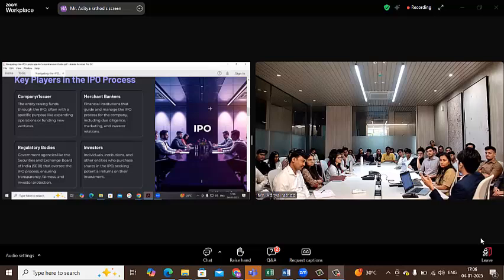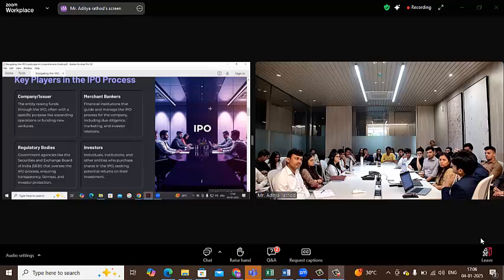The company's counsel will give disclosures or clarification on all the disclosures relating to the company to the merchant banker. The merchant banker will review it and draft it in the DRHP, the prospectus, whatever we call it. Then we have the merchant banker's counsel as well, because the merchant banker might not be well versed with the legal implications, so the legal counsel of the company can interact with them and the legal implications can be better understood on the side of the merchant bankers.